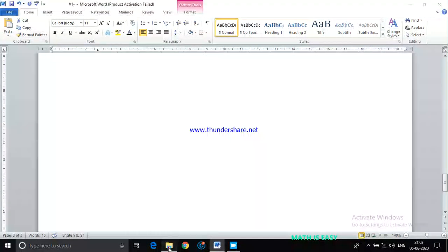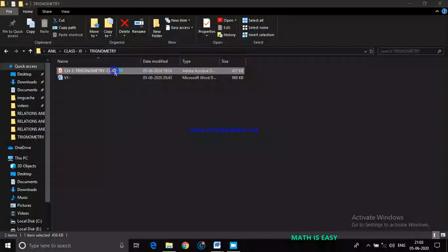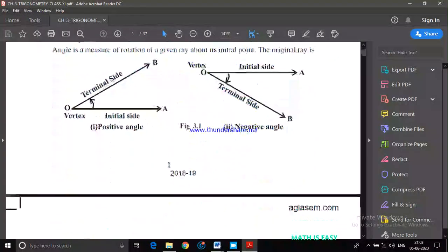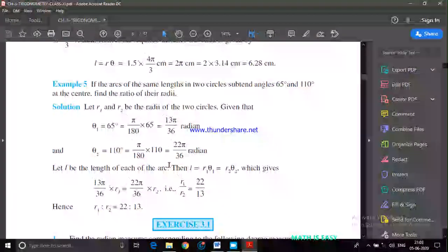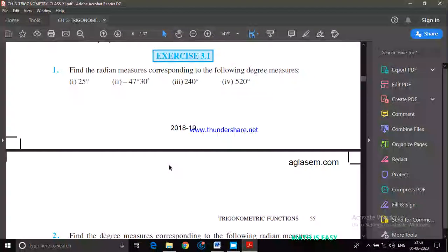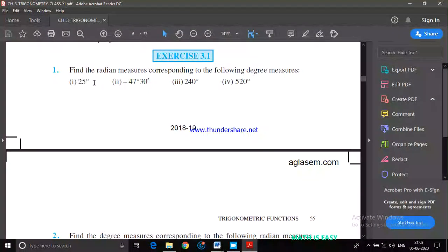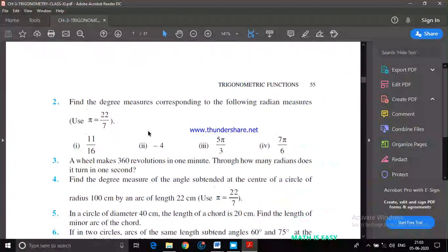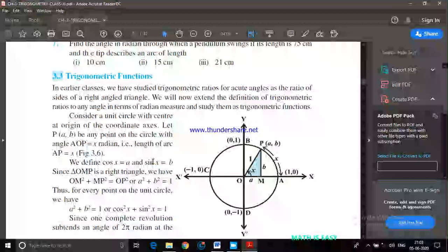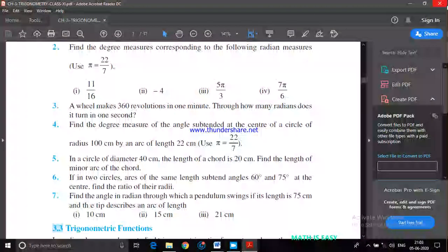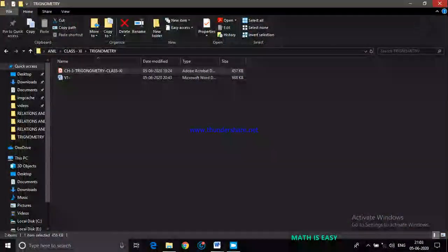Now what you can do is, once you complete your chapter 2, all exercise questions and everything, by Monday you complete the first exercise of trigonometry. You find the radian, they are given in degrees. If minus is there, let it be, nothing to worry about that. Degrees into radians, and there are some word problems. Okay, so you may continue those things.